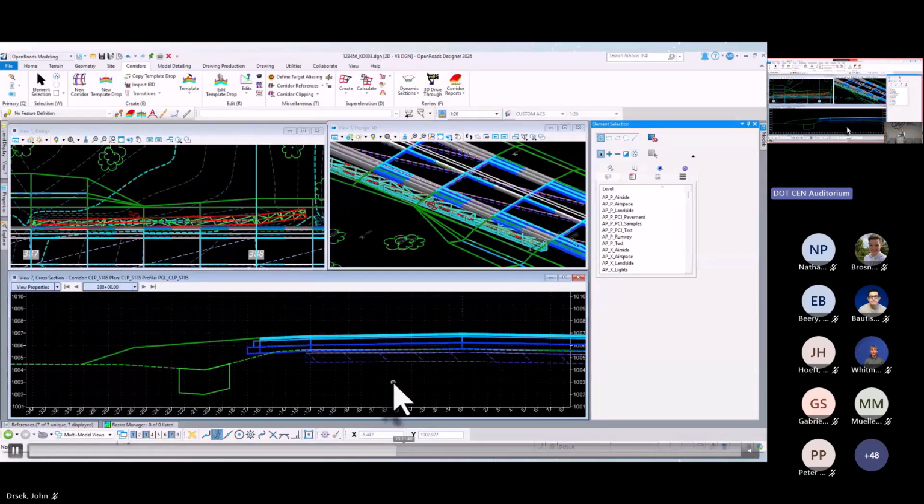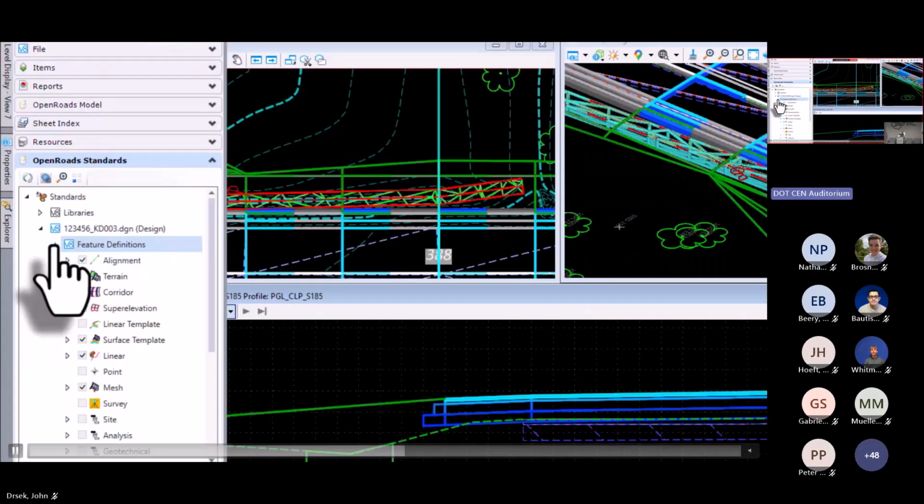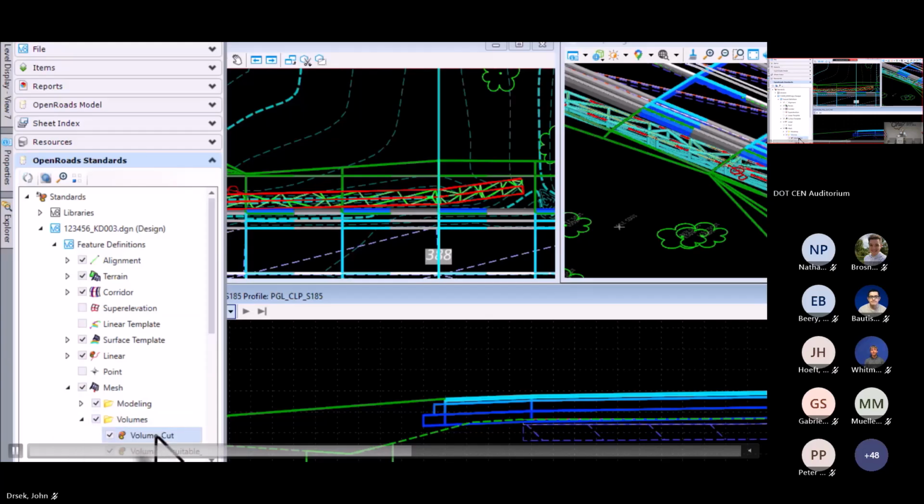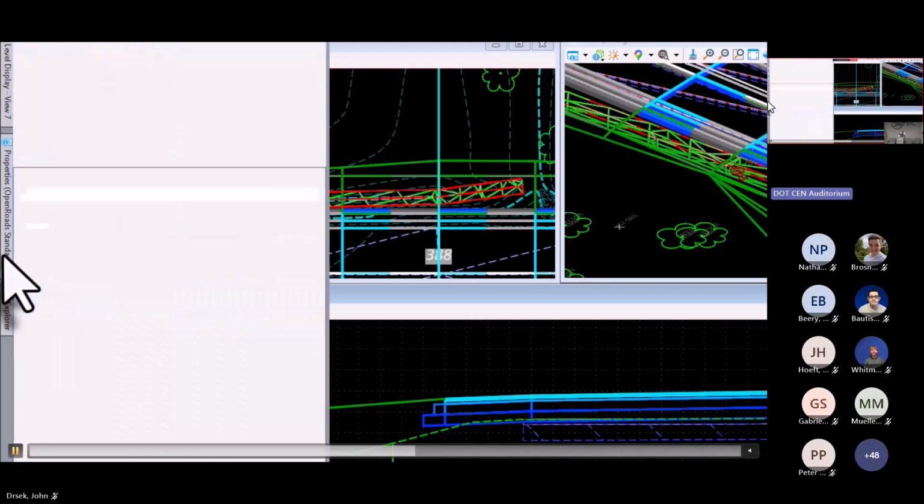And if we jump ahead a little bit here, this is the other thing I wanted to touch on. Usually when you do the cut volume feature definition, the volume option is ignored. And we're going to see that here in a second. I'm going down into our mesh feature definitions. I picked that volume cut. And when I open up the properties window here in a second,